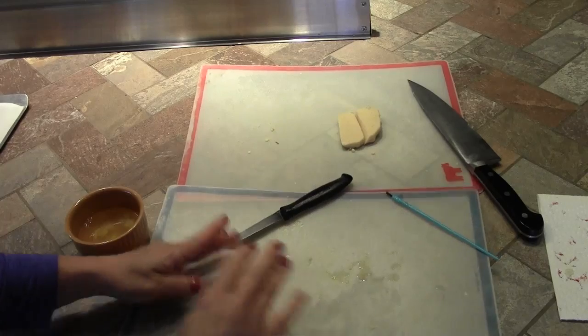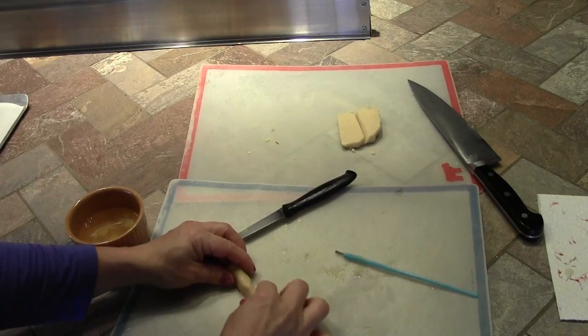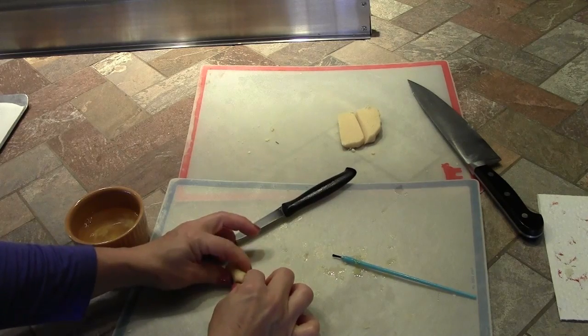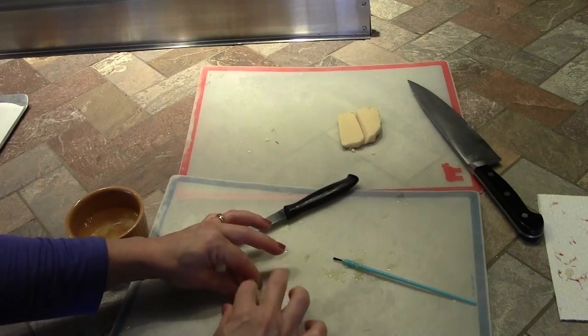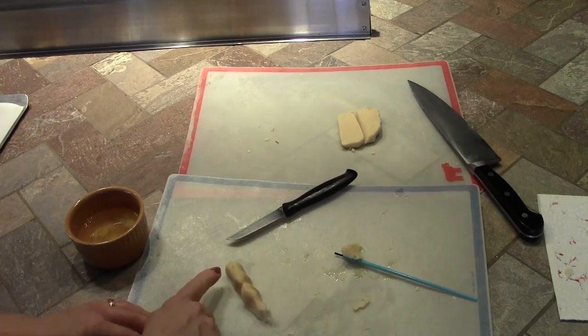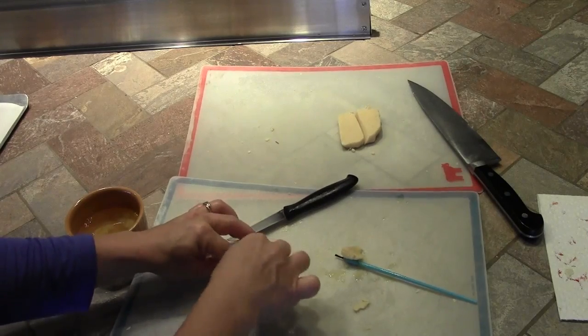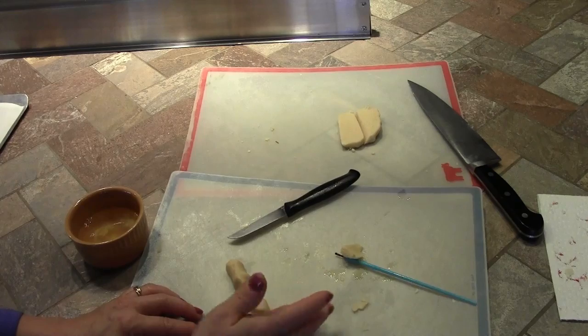So I'm just rolling, and this is the base of the finger, and so the base of the finger, you're just going to push your dough up and make a little indentation, and do the same, move your fingers down, do another indentation, and then you're just going to pinch that off because this is going to be the tip of the finger. So let's just round this out a little bit, and then press down for the fingernail